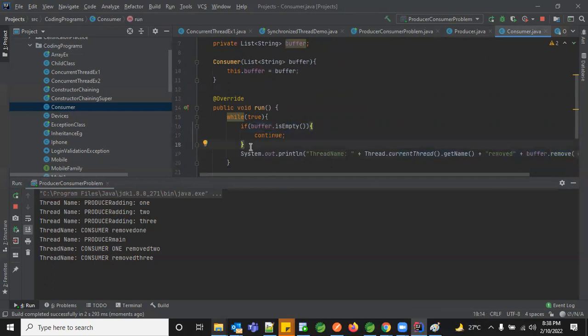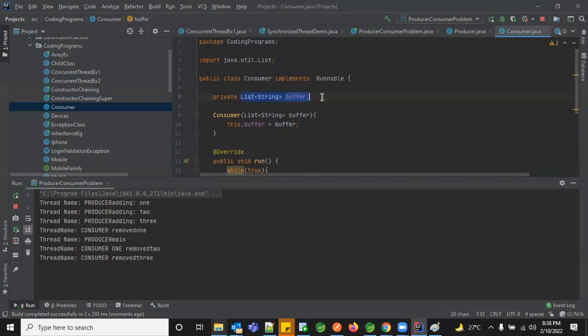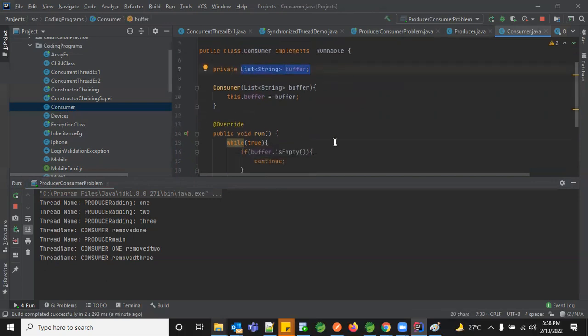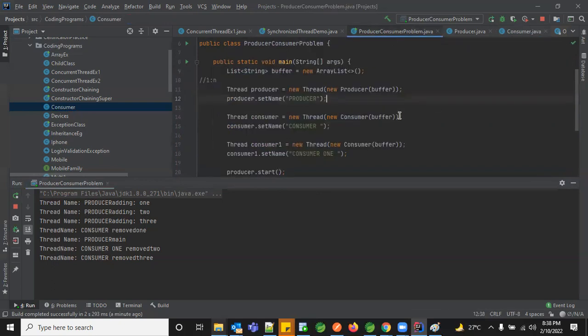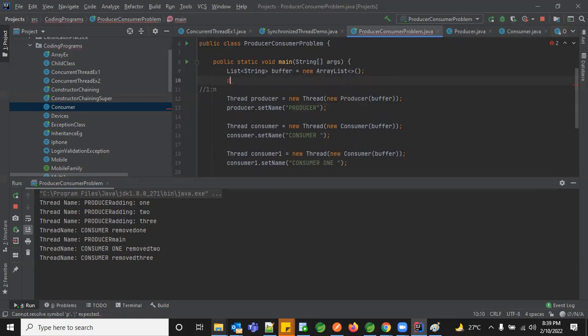But you need to know where to stop this, right? You need to know when the list is completely empty or there is no data in the list. You need to make sure that there is a control. Like when you read a file, you make sure that when it reads -1, it is end of file. The same way, you need to have a control for your end of file as well. So what we'll do is create just a static string as end of file, and we'll give a condition.